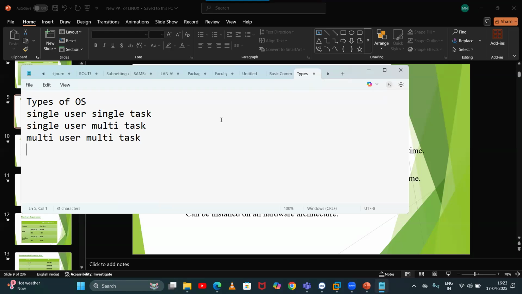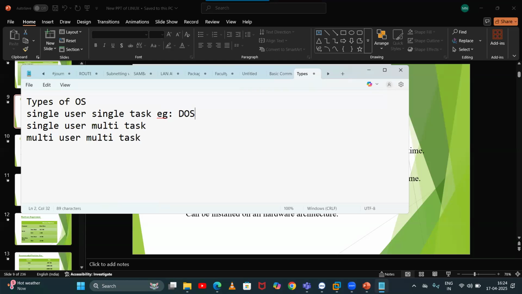First is single user, single task. Here, only one user can log in, and that user can perform only one task. Example is DOS, disk operating system. This is our first operating system. In this operating system, only one user can log in at a time, and that user can perform only one task.